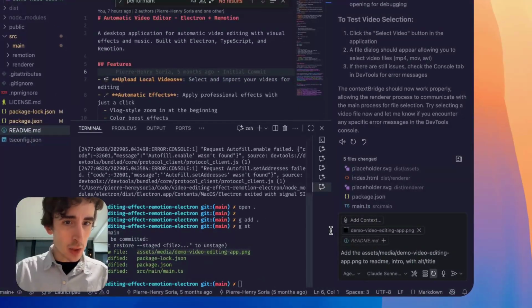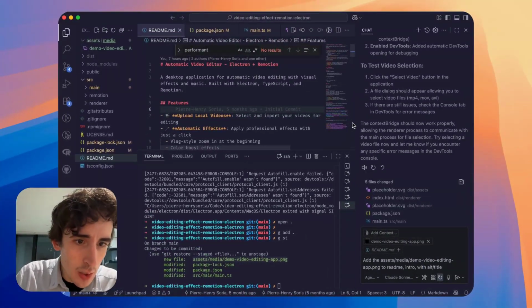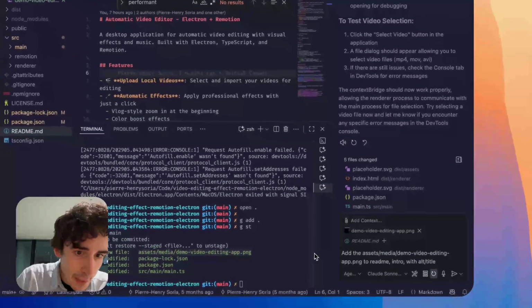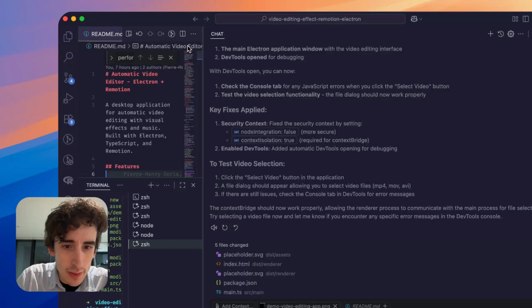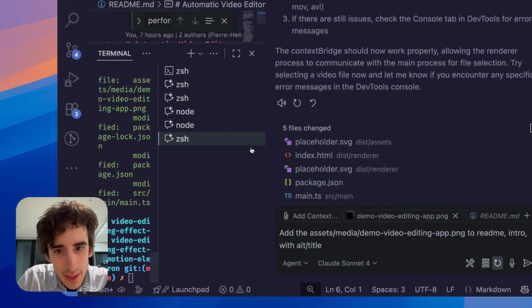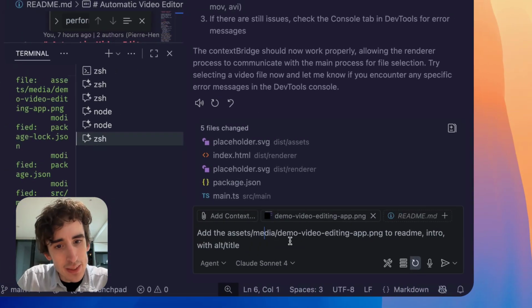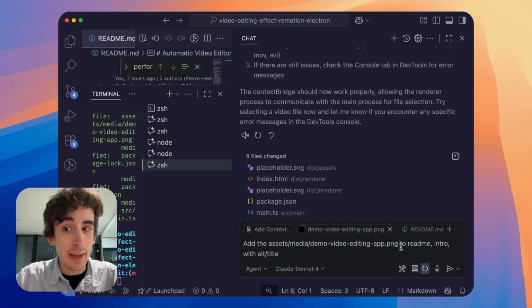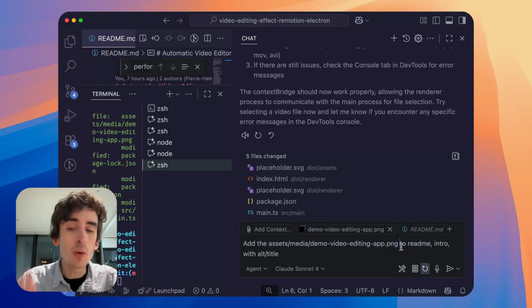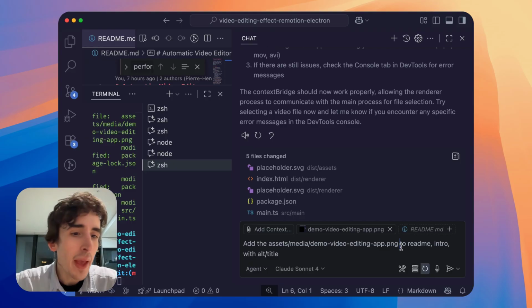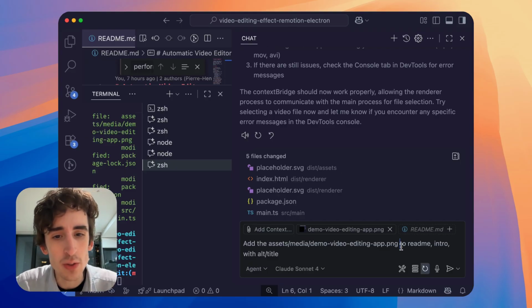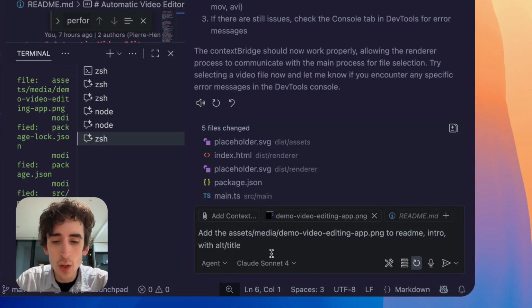And then I just mentioned here, if I make it a little bit bigger, it will be easier, not that one, this one, yes. I mentioned it here, add the assets, media, demo, video, editing, app, PNG. I renamed it, but we can also ask AI to rename the file for you, a better name, what will be the ideal name, whatsoever. And then I mentioned intro with an alt title for the